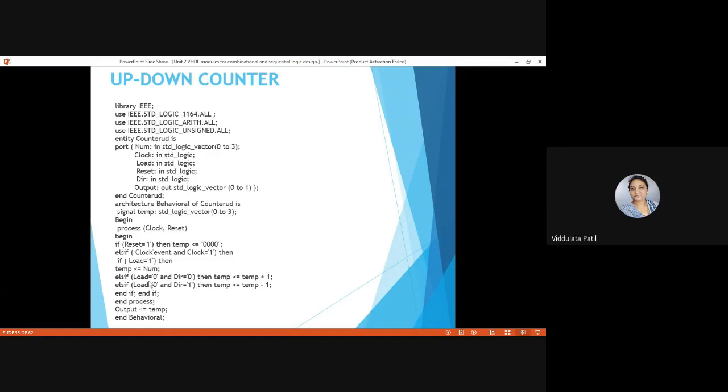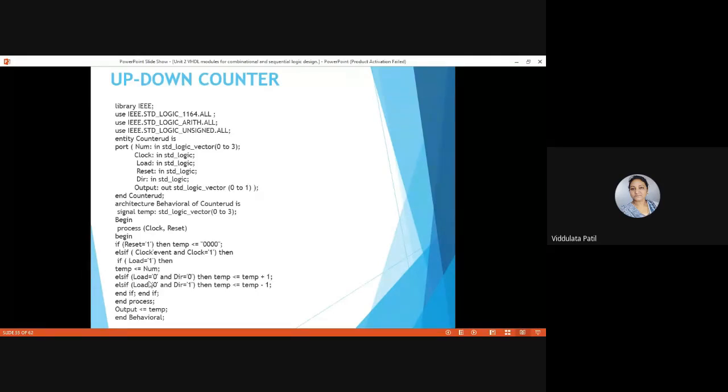As we know, VHDL is a concurrent language, which means many processes can be executed in parallel, but whatever statements are present in a particular process will be executed sequentially. So now let us start with this process.